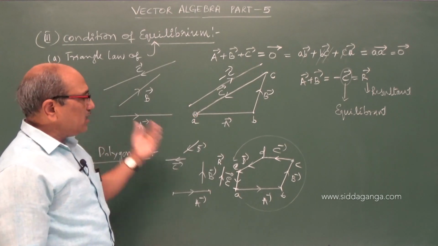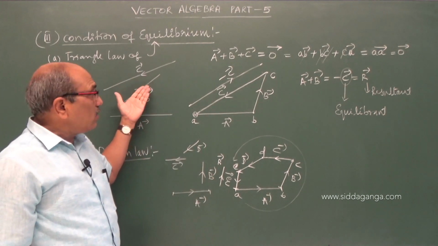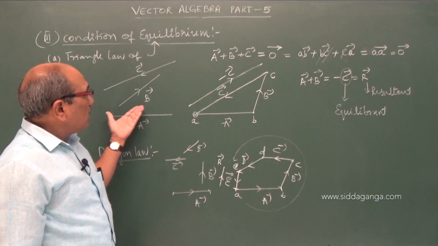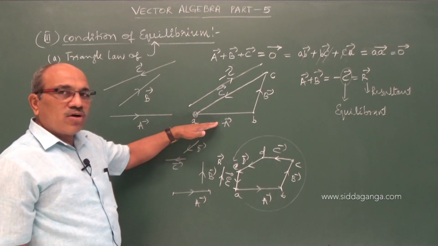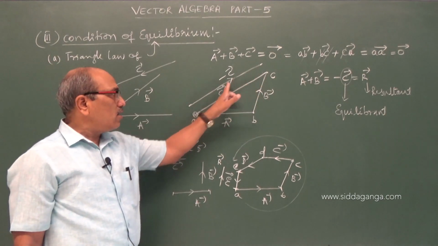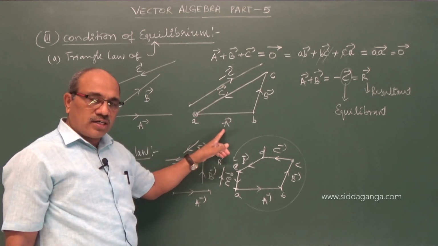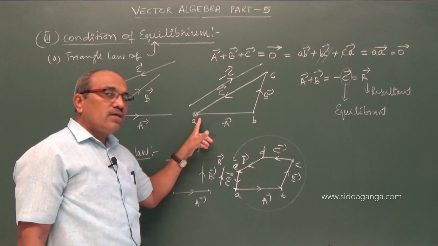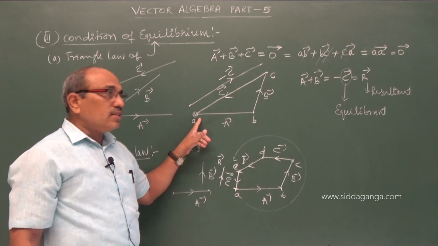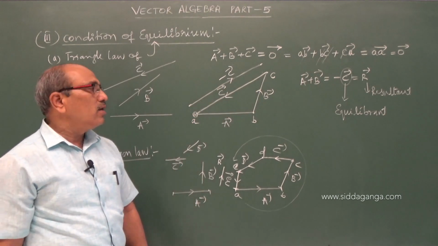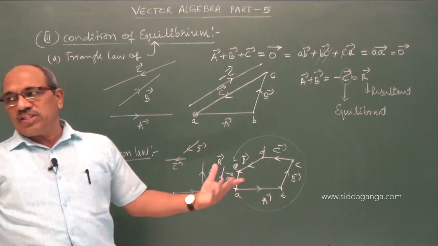It is about the polygon law or the parallelogram law, equilibrium, and now coming to the triangle law, you come to know that when all three vectors are represented as three sides of a triangle, both in magnitude and direction in the same order, then we say under the action of these vectors the body is in equilibrium. Now I come to Lami's theorem.